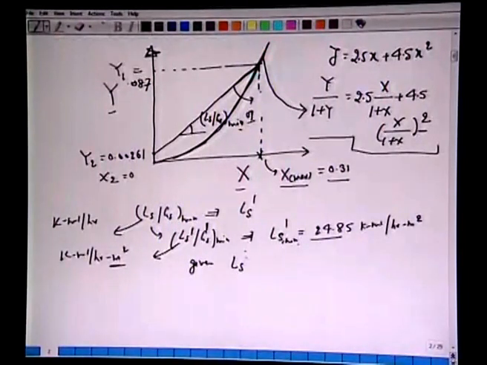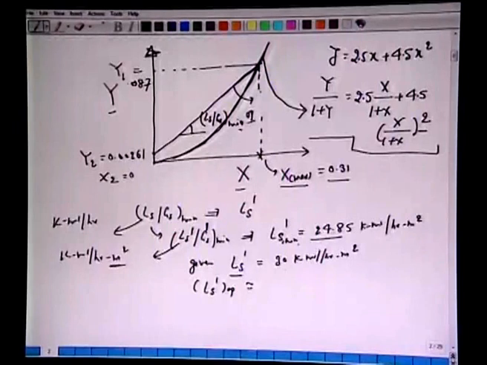But given is LS prime equals 30 kilomole per hour per meter square. So, look at this difference here. LS operating is approximately 1.2 times the LS minimum or LS prime minimum. So, most of the calculations in the earlier lectures we did at 1.5, but that is all right. Here in this problem the operating flow rate is 1.2 times the LS prime minimum.